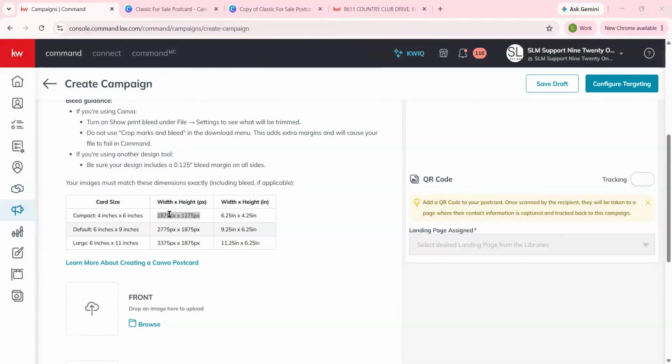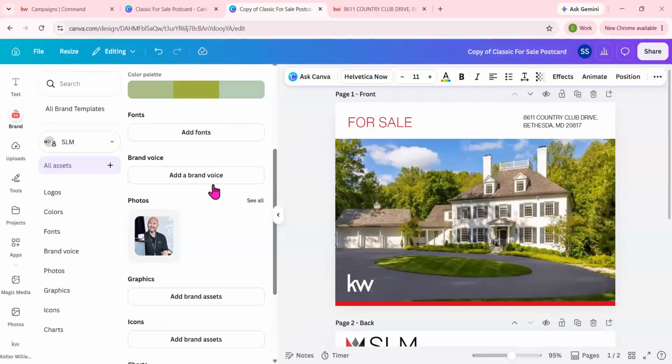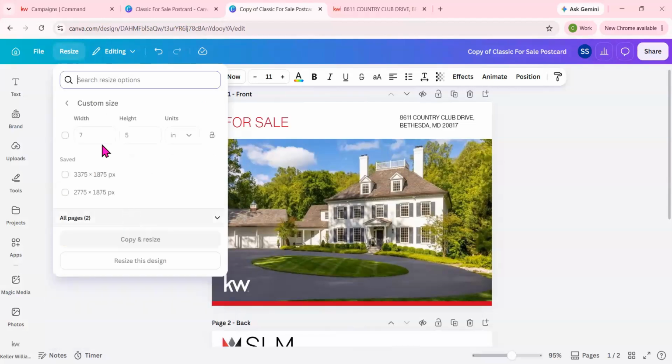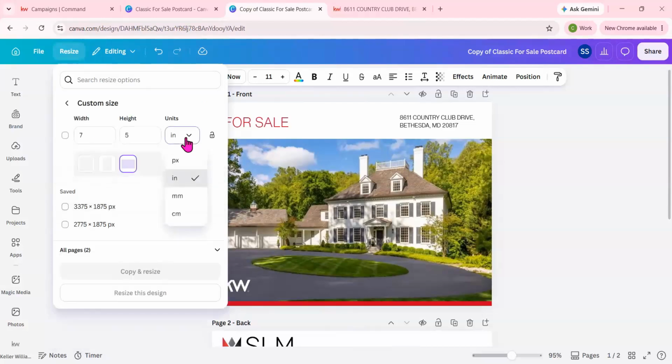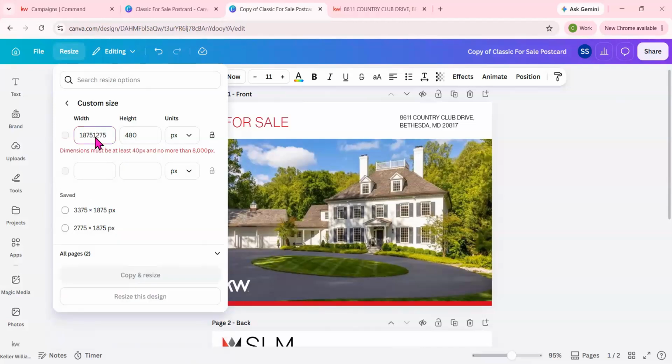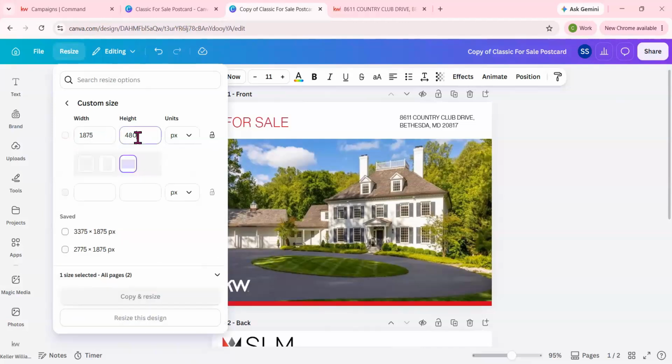So I'm going to grab these dimensions here, and we're going to come over to our postcard, and we're going to go ahead and resize this, okay? Because we want to make sure it's the exact size that we need. We're going to change this to pixels, and then we're going to go ahead and type in our sizing here. Keeps wanting to put that in the wrong box. There we go. So we're going to make this 1875 by 1275,